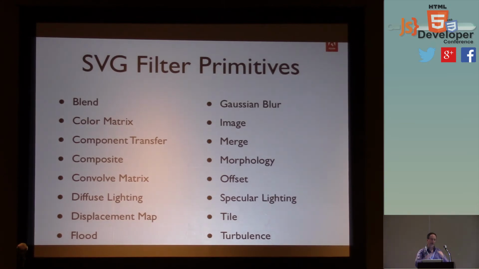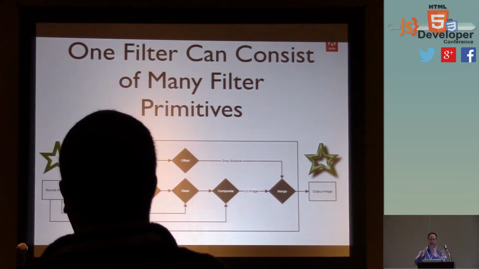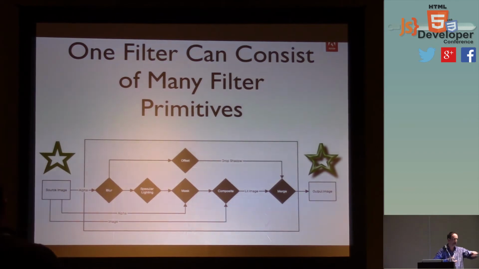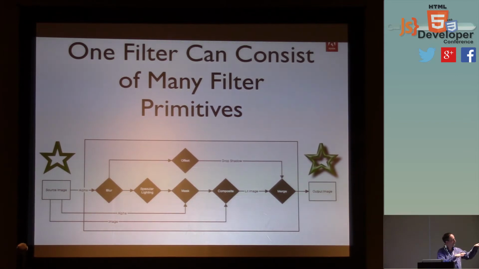You can do edge detection on your images and whatnot. And so there's a whole bunch of these great primitives. And a filter consists of multiple primitives, and you define a flow of the output of this filter feeding into the input of this one. It looks pretty complex there, but it's pretty straightforward. When you define a filter primitive, you can name the output, and then in another filter primitive, you can name the input. So in this little example here, we start off with this little star, and we feed it in,